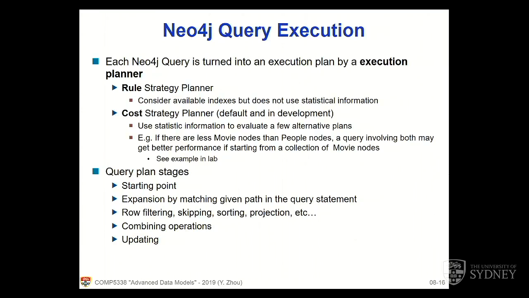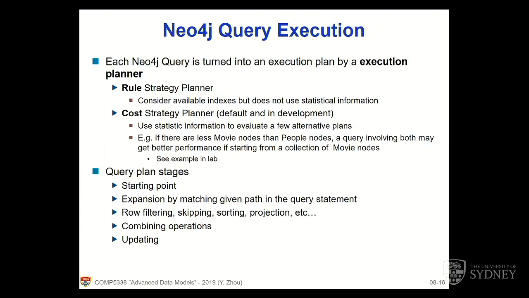It does have a few strategies. In the early days, they had a rule-based planner, which will consider indexes, but not really statistical information when it designs a plan and picks one. Statistical information is like how much data we might have for a particular node or relationship. But in later versions, they built more sophisticated planners. They try to use the cost-based ones, which most other